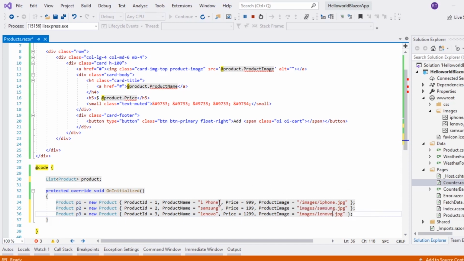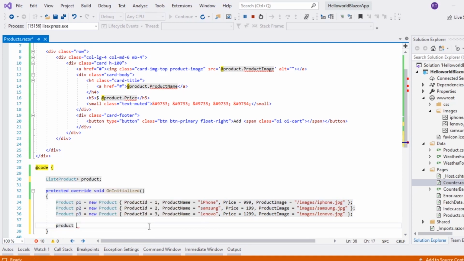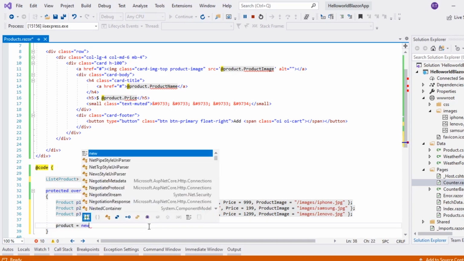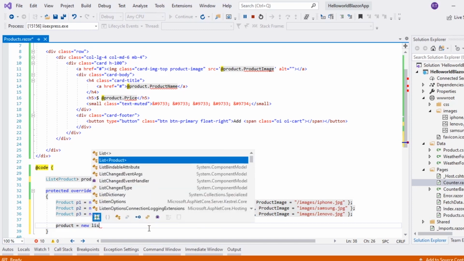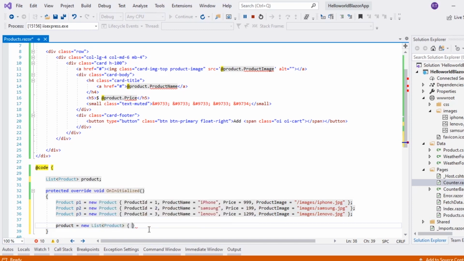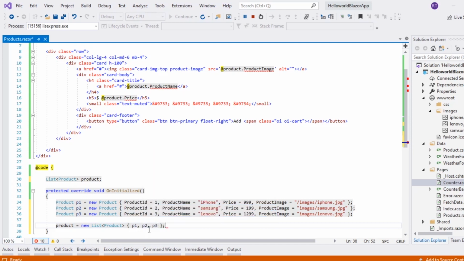This is the basic data that I have: 3 products, iPhone, Samsung, and Lenovo. I have the required images in the images folder. Now I'll bind this data to the products: p1, p2, p3. So now we have this list of products.